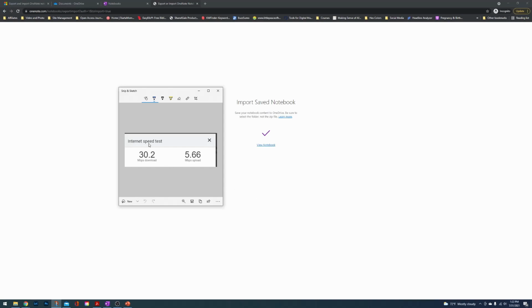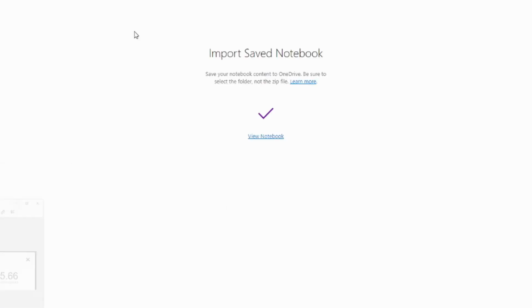So for a 2 gigabyte file, you need to make sure that you have sufficient space in your OneDrive. This is my internet speed test. It took 30.2 megabytes per second to download. And again, it took me a little under an hour to import this digital notebook. If the file size is smaller, then it's going to be faster. If your internet speed is faster, then the import will be faster. If it doesn't load and it seems to be taking a very long time,